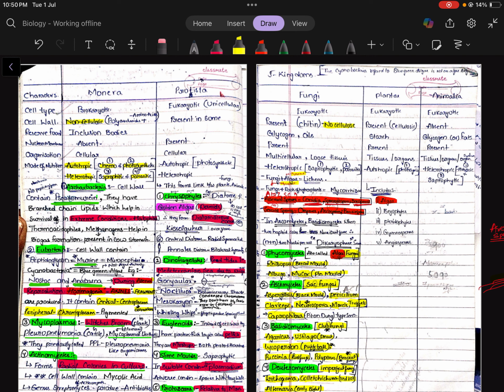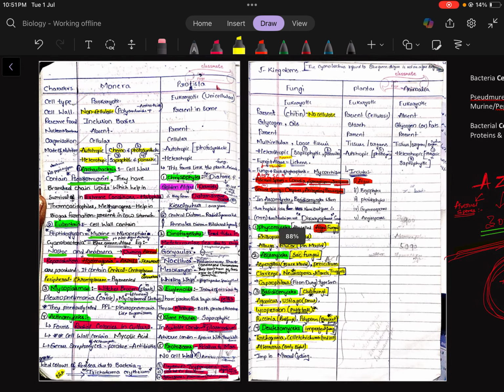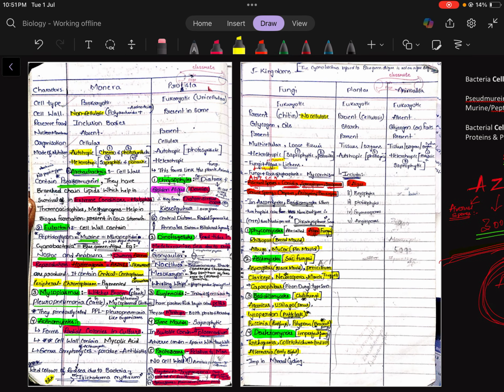There is a comparison. You should read this lesson in a comparison manner by drawing a chart like this. It may seem a little messy, but you should read like this itself. So you can formulate your own boxes or differences based on your understanding. You can use these notes as a reference, but you must read these kingdoms by using boxes like this.